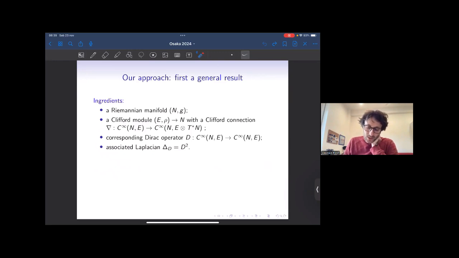So first of all, we state a general result which at first view has nothing to do with minimal hypersurfaces. It's a general result that has its own interest. And then in the final part of the talk, we will apply this general result to the problem of minimal stable hypersurfaces. Okay, so the ingredients for the general result are the following: a Riemannian manifold, a Clifford module